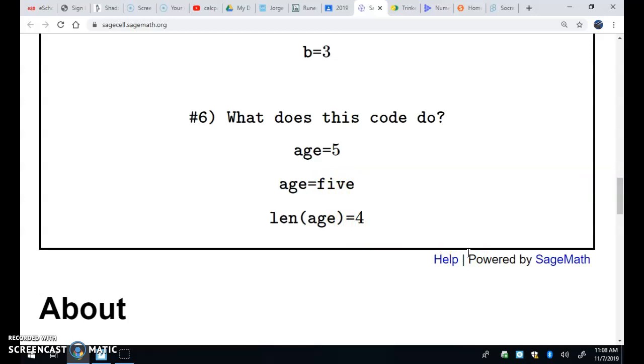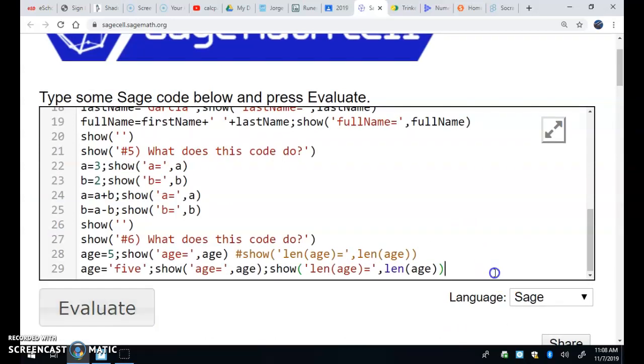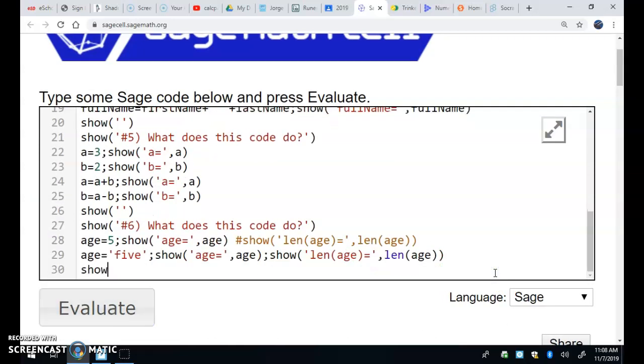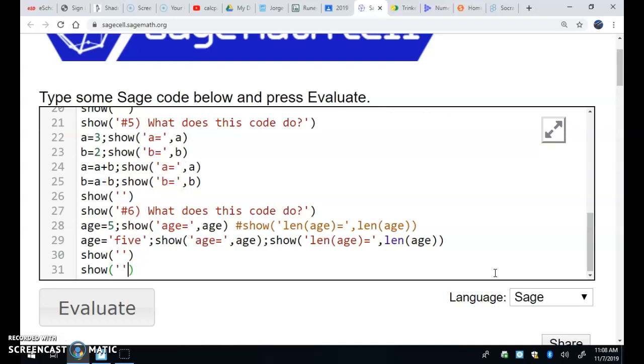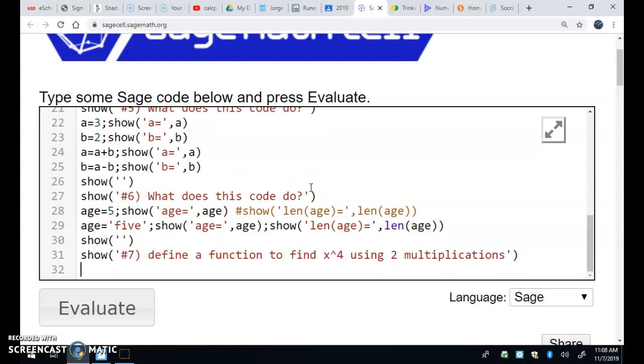Write a function pow4 that takes input x and returns x to the 4th, but don't use the exponentiation star or caret operator. Use only 2 multiplications. So here we go. This is number 7. Okay, define a function to find x to the 4th using 2 multiplications. Don't use exponentiation. All right, so we thought about this for a while and we figured out, let's see, def,